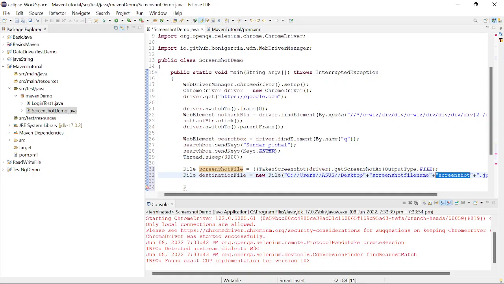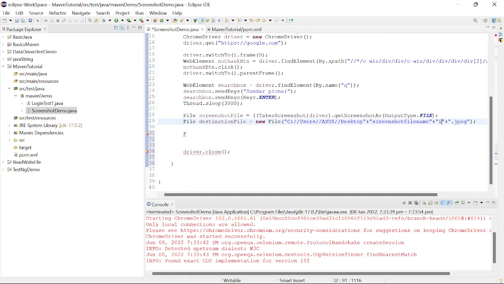Okay, so I put it to name, I think, yeah. So this should not be there. Let's just file name one. Okay, yeah. So after that we have to copy the screenshot file, which has the output type as a file,